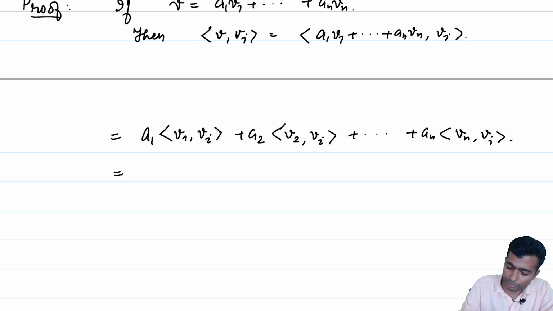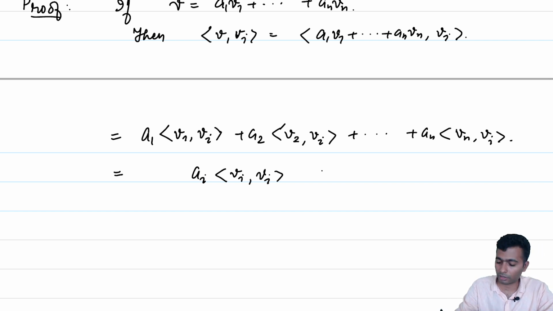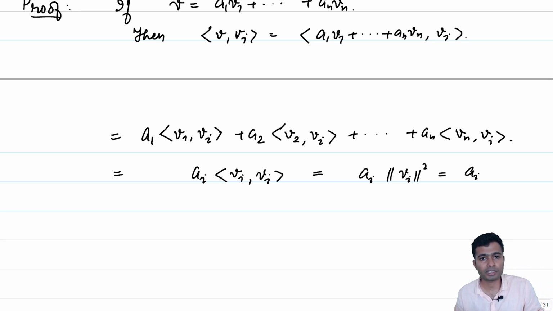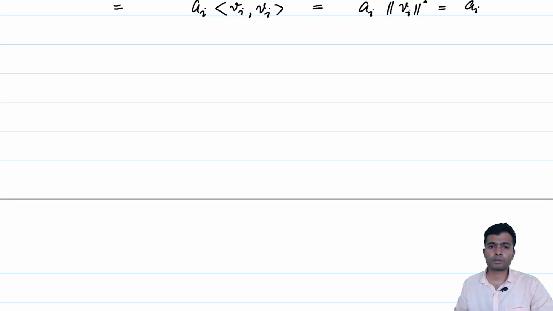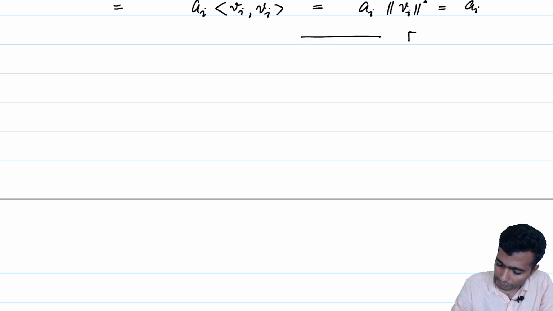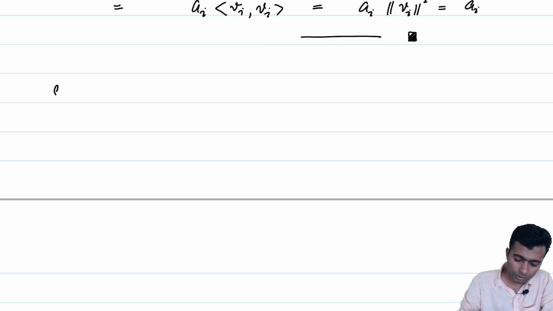So this is just going to be equal to, we have already used this trick once before. To illustrate the power of it, I had given the alternate proof earlier. This is just Ai times the length of Vi squared, which is 1, and therefore this is equal to Ai, and that's precisely what we had set out to prove. So this makes a lot of things quite simple for us. So for example, let me just say that we have proved it.